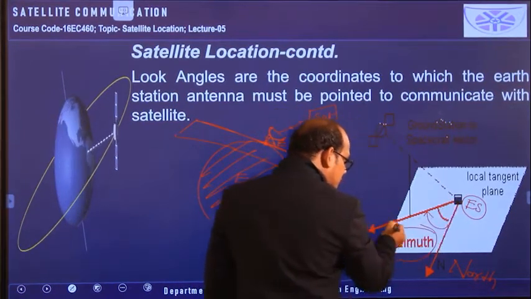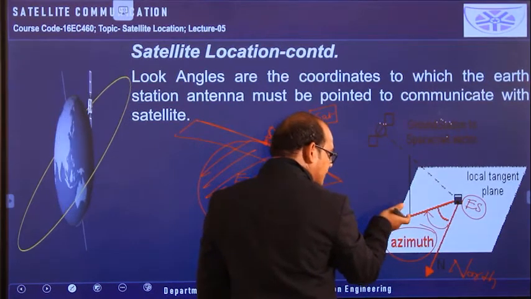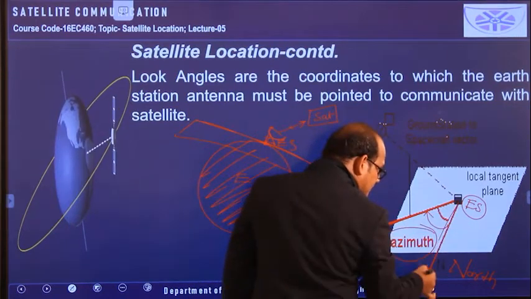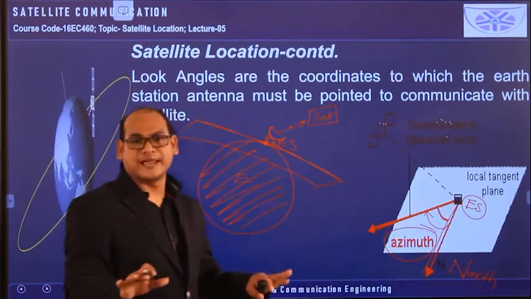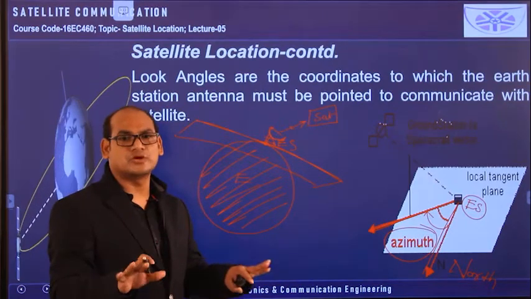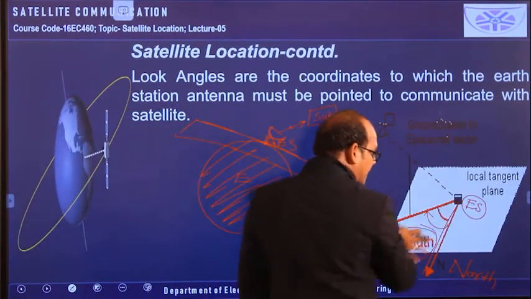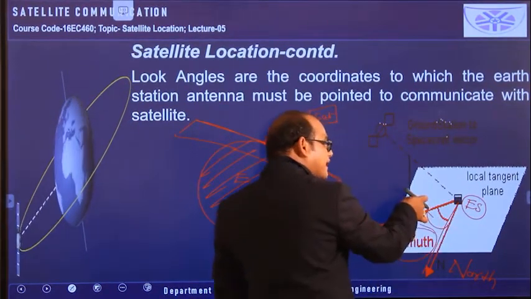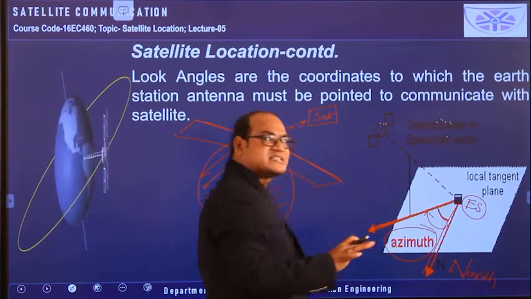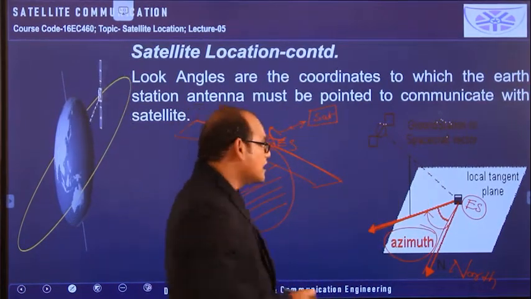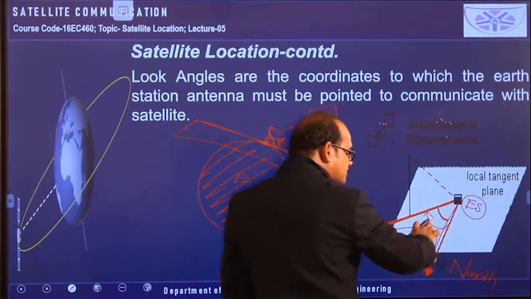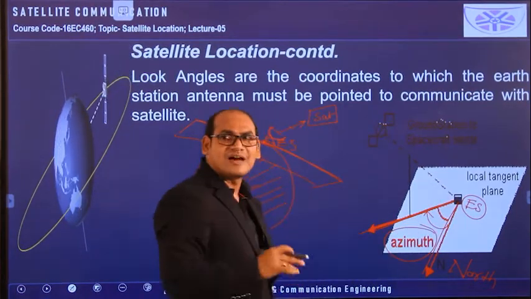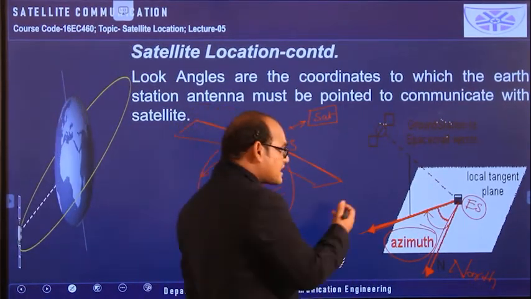Then by traveling this azimuthal angle, for example 120 degrees, you will get one position. This line and this north line, these two are on the local horizontal plane only. You have to imagine this, then only you can understand. So on the local horizontal plane, first the north direction is there. From the north direction, on the local horizontal plane only, you are traveling up to the distance of 120 degrees. By traveling the angular distance of 120 degrees, you are reaching this position. So this line you are getting by traveling 120 degrees towards the east side.